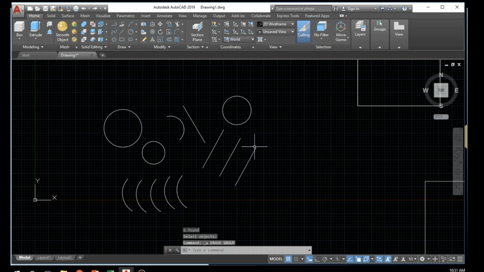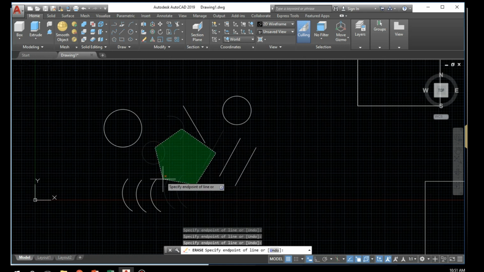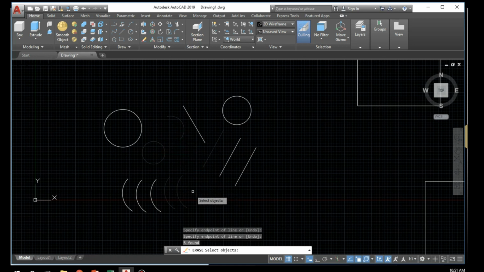Again, ulitin natin. So, click erase or the erase icon or type E for erase. Then, type again C, P, polygon, C polygon, then enter. It will ask you for a specify point. Then, click a specific point. Then, dito. Then, dito. Yan. Tapos, ito. Tapos, ito. So, nabura natin yung sa may center. Then enter, then another enter for erase. Ayan. So, nabura na natin siya. So, ganun po yung C polygon. Next,